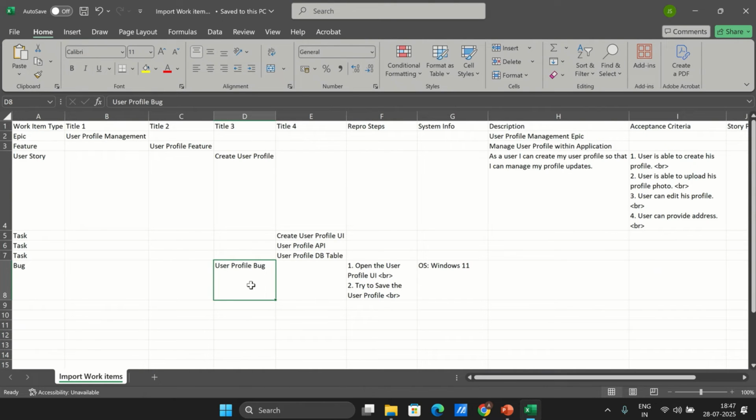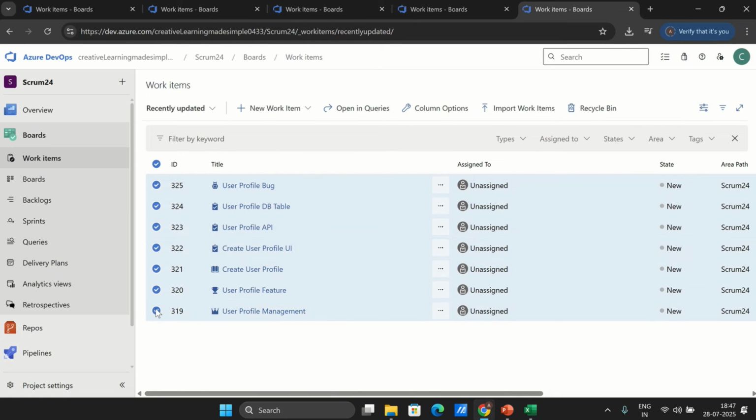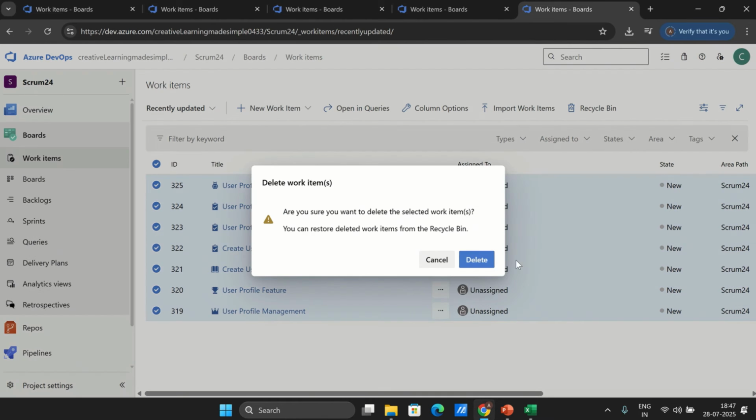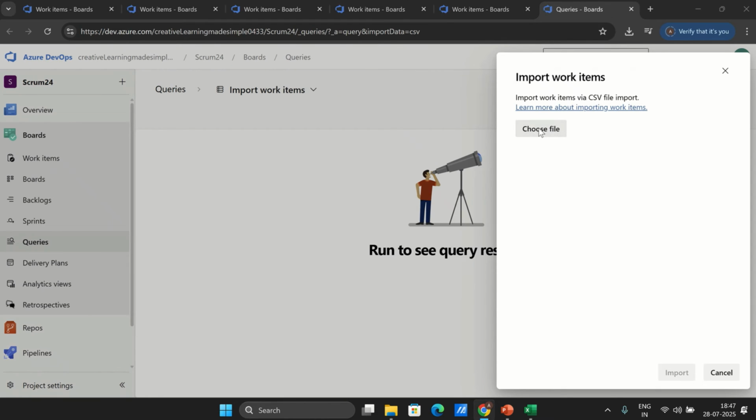I mean, rather than entering it at a title 3, what if I enter my bug as a title 1 and see whether, because we want this bug as an independent work item, not being child of anything. So we can just try it out. So if I save this thing and again go back to the work items and delete everything, let's see what it does. So if I say import work items and choose my file